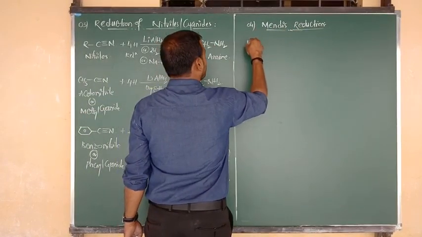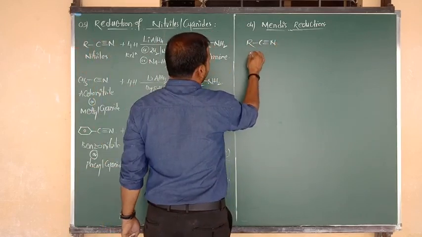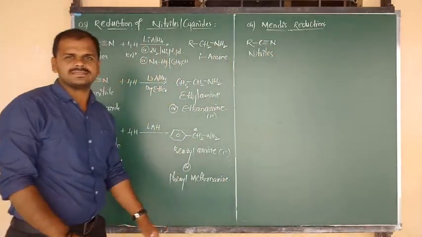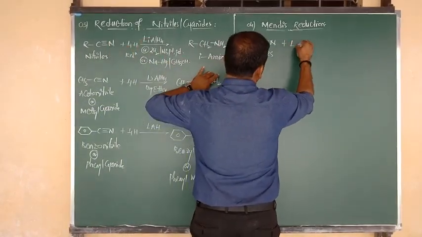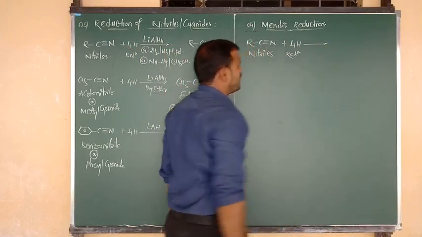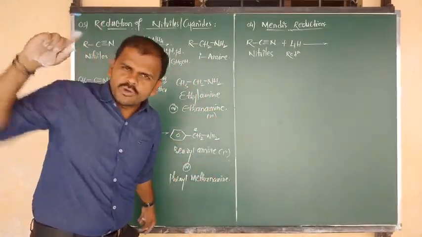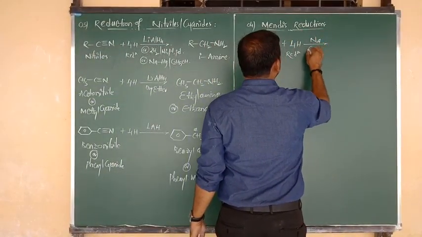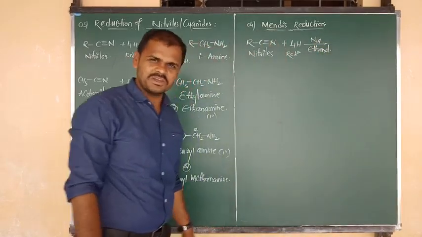Again, this is the reaction of cyanide, or we can say nitriles, RCN, or RC triple bond N. Simply we can say nitriles, and also cyanides. Here also they undergo the process of reduction, which is the addition of hydrogen. So nitriles upon reduction, using a very selective reducing agent proposed by Mendius, that is sodium in the presence of ethanol, or C2H5OH.